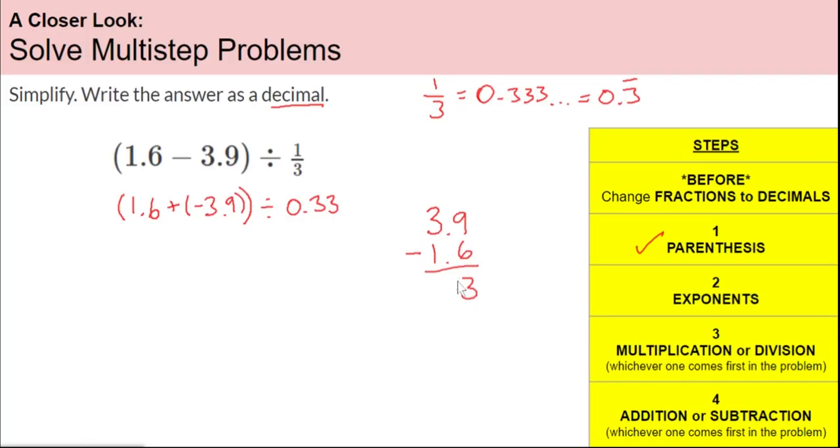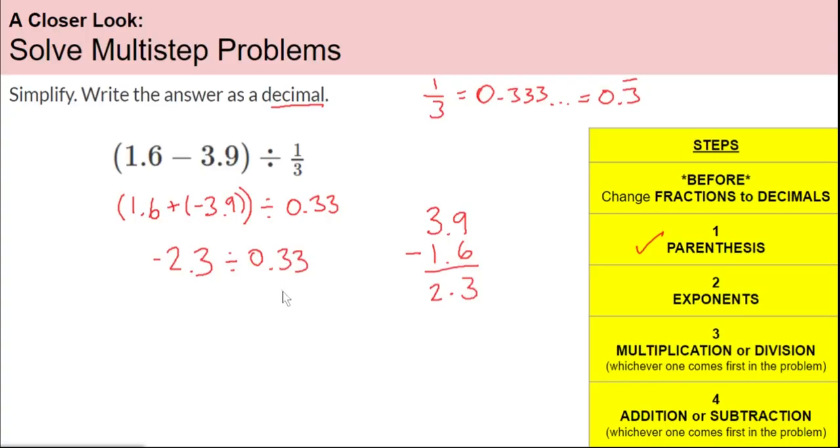9 minus 6 is 3. 3 minus 1 is 2. So I get 2.3, but is it going to be positive or negative? Which one had the bigger absolute value? 3 is bigger than 1, and 3 is negative, so my answer is going to be negative. So I got negative 2.3 divided by